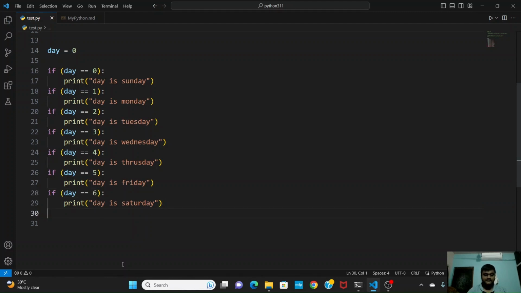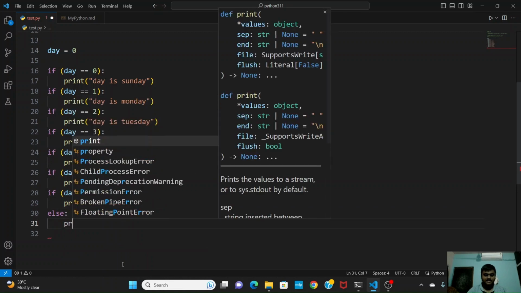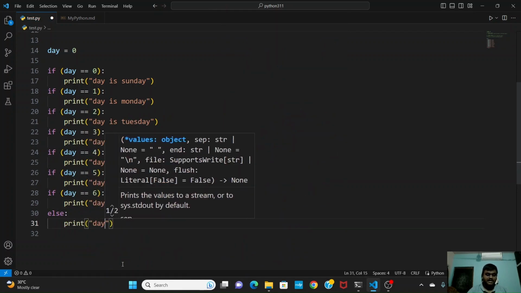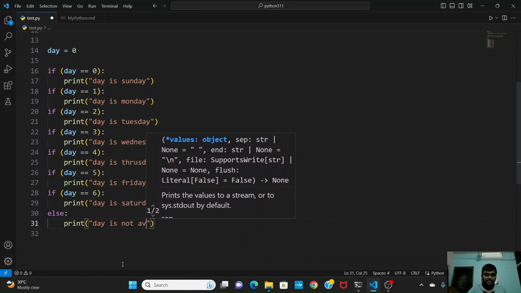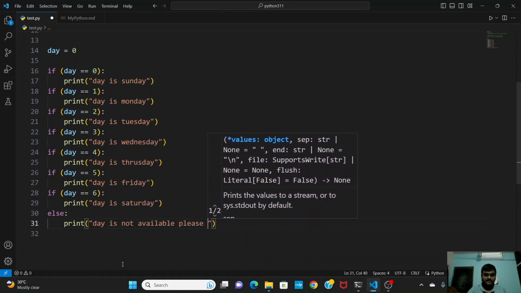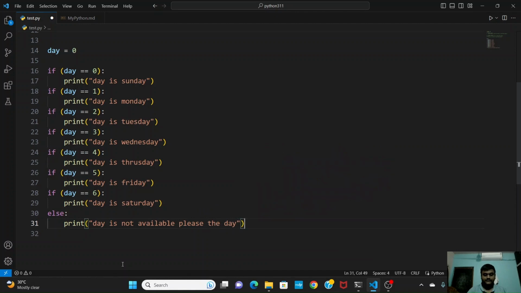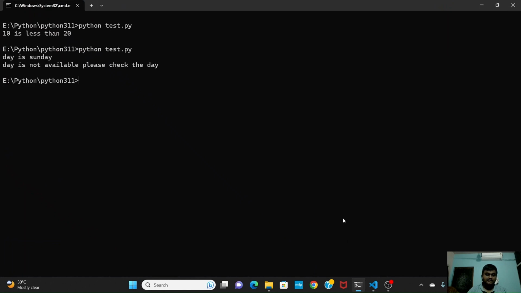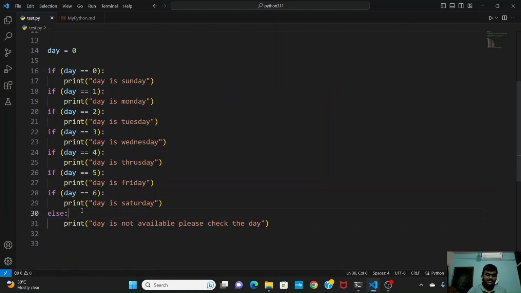I'm taking day 6. The last one is the else statement. Print day is not available. Please check the day. If you write like this, you can print day is Sunday, and day is not available. We are getting that. Else also. Instead of writing like this, we can write else if,